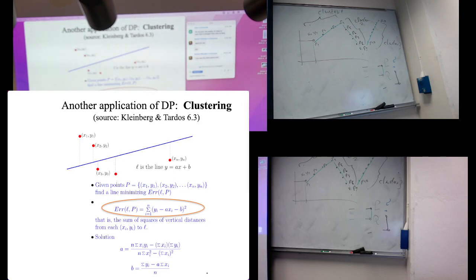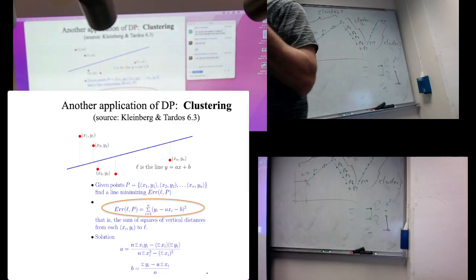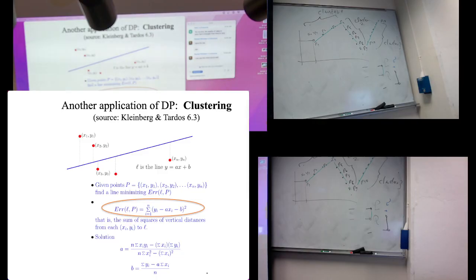And to answer this question, I first want to ask, if I just want to fit a single line, all my points live in one cluster, I want to fit one line to these points. How do I do it? There are many ways to fit a line to a set of points, but let's use linear regression. Linear regression says the following. Look at